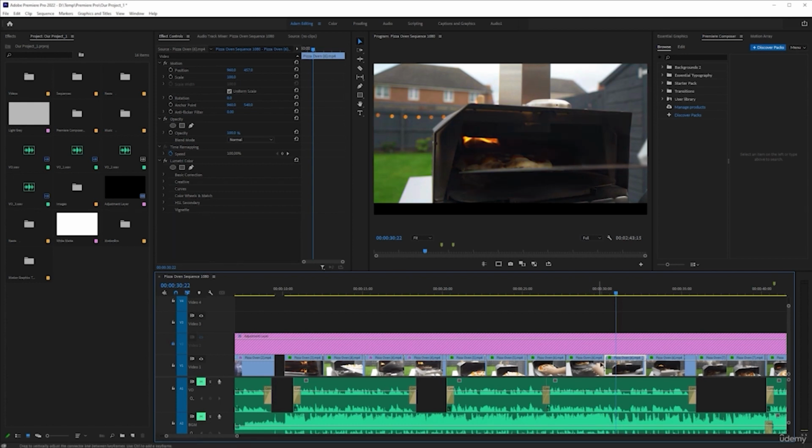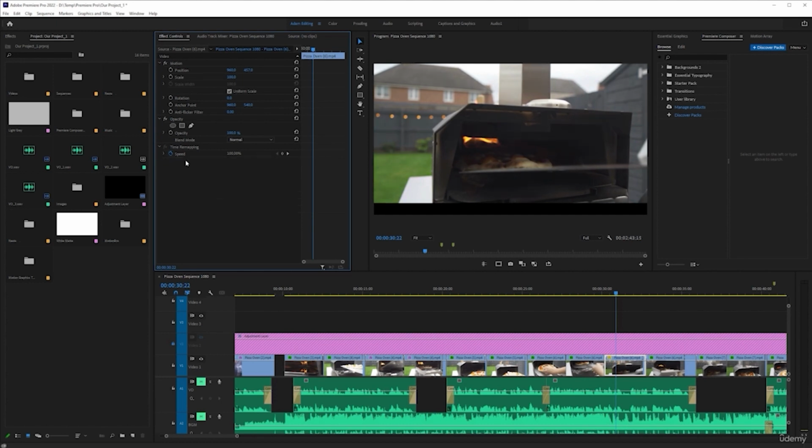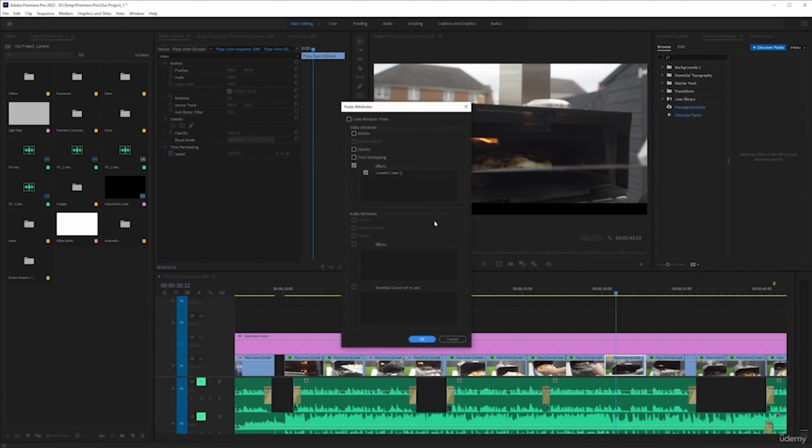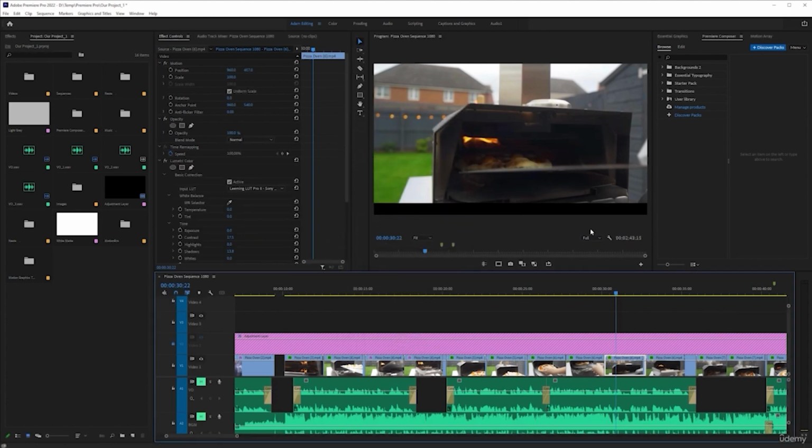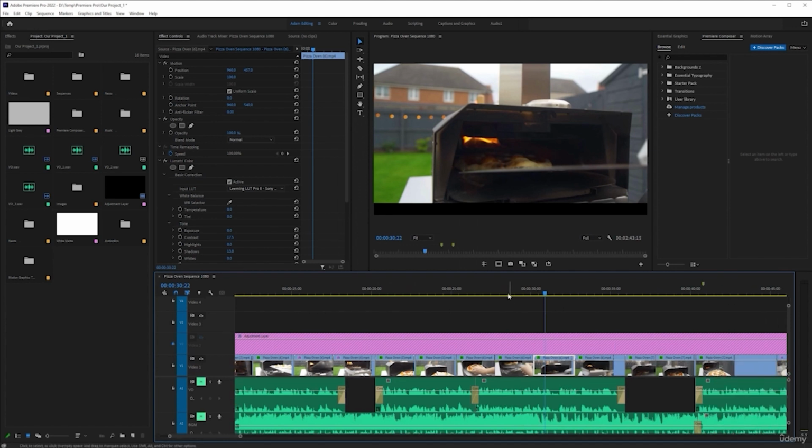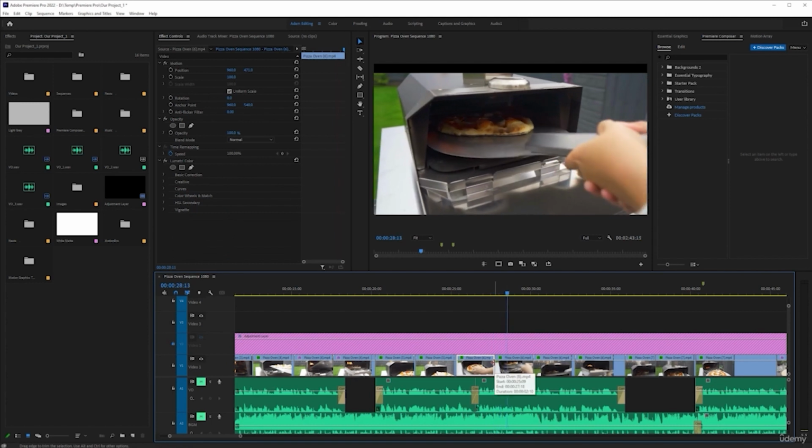We've copied the attributes from here. We go into this clip that we want to change. We select Lumetri color and we delete that from the effects control of this clip. And as you can see, that's gone back to the beginning. Now we paste. So we select and we paste and hit OK. And now we're at a more acceptable level of color correction. If we play them into each other,